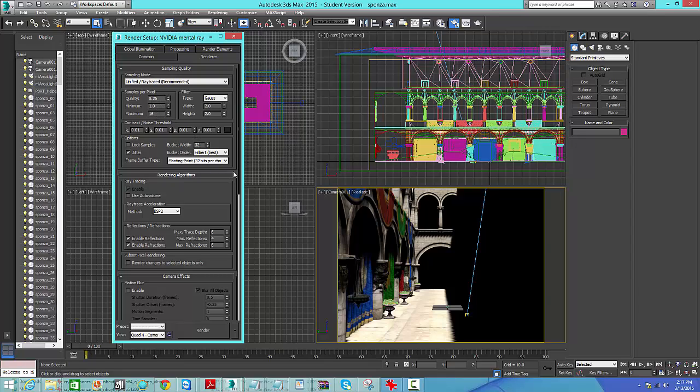So now, as far as these are concerned down here, I normally don't like to have a bucket width of 32 pixels. It says in the documentation that it doesn't affect render time that much, but I've noticed from experimentation in my own work that if you have it slightly smaller, around 16, like around here, you'll actually get a faster render result, solely because it's not going to sit on a large block of the image rendering. So it'll actually move around the whole image faster when you're doing test renders,